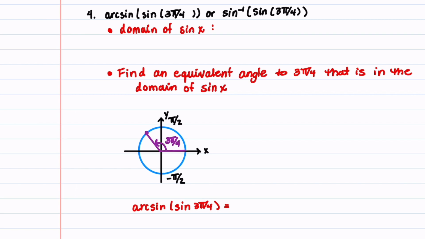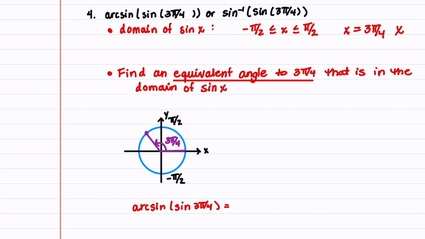Our fourth problem is to evaluate arcsin of sine of 3 pi over 4. Let's again write down the domain for sine. That is between minus pi over 2 and pi over 2. X is equal to 3 pi over 4, and that is not in the domain. So what we have to do is find an equivalent angle to 3 pi over 4 that is in the